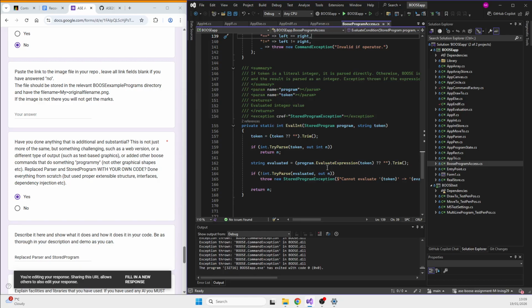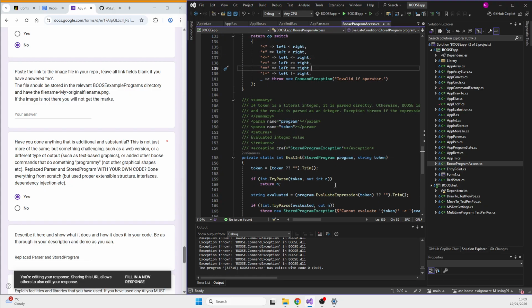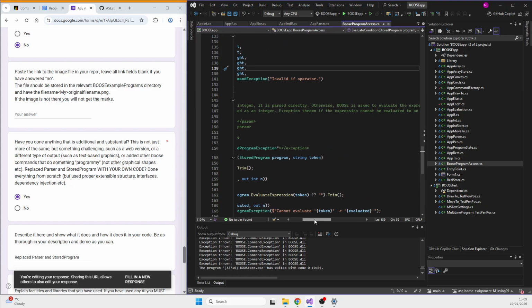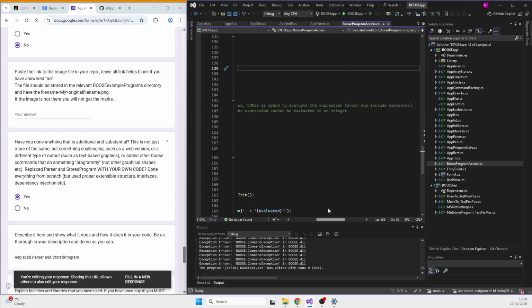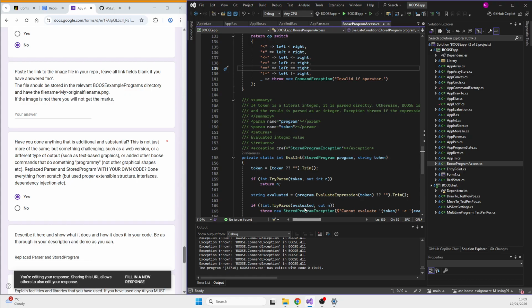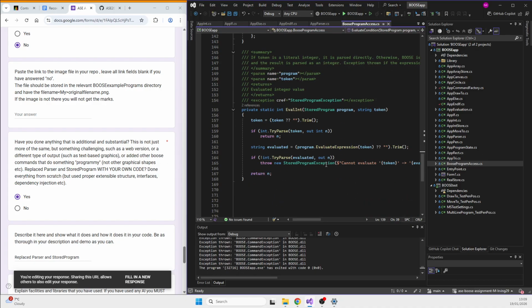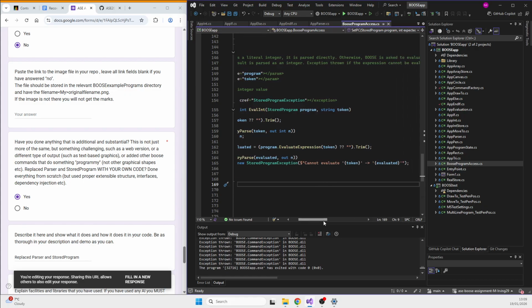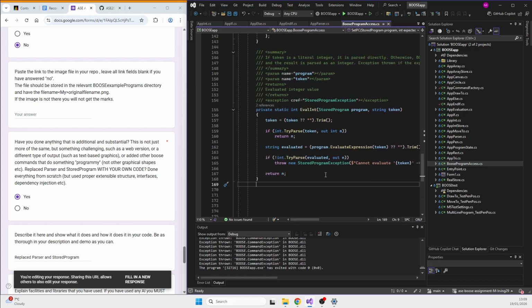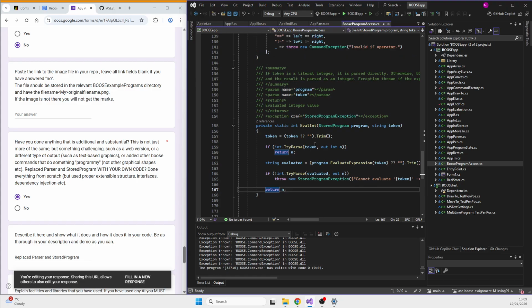The eval int either passes the literal number directly, or BOOSE will evaluate it and it will be passed as an integer. An exception will be thrown if it's not able to be evaluated as an integer.